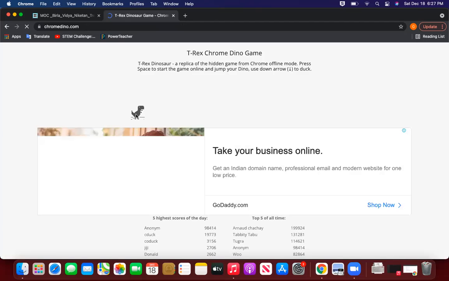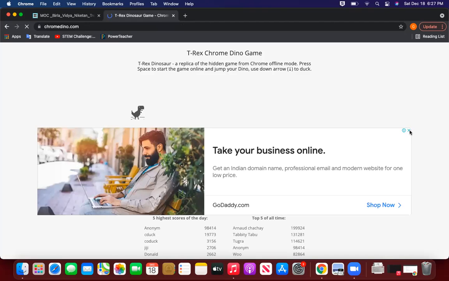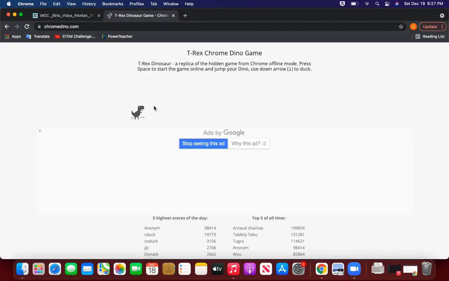Okay. We all will carefully observe the T-Rex. And we will focus mainly on the clouds. Now I see the first cloud. After a long time, I see the second one. And then I can observe that they are not at the same height. This height and this height are different. And they are moving from right side to the left. These are my observations. Would anyone like to add anything else?